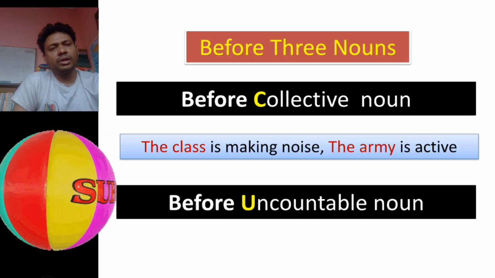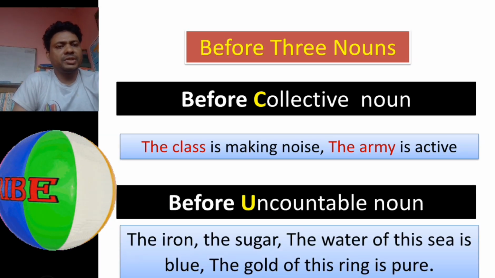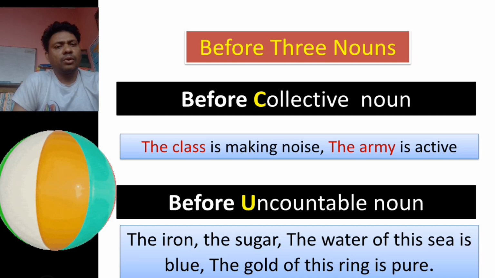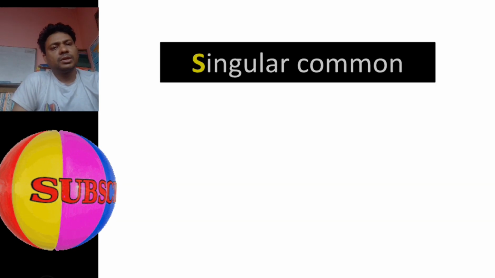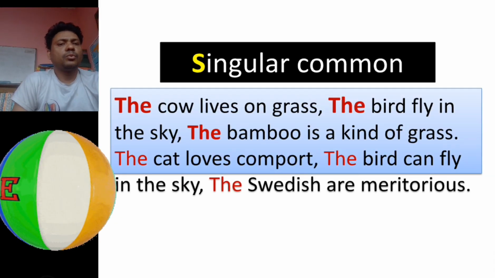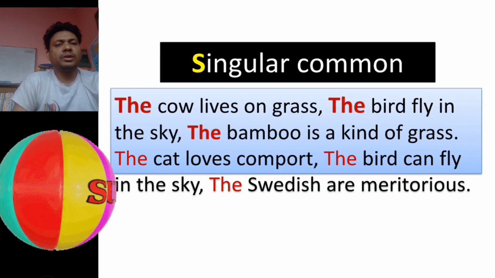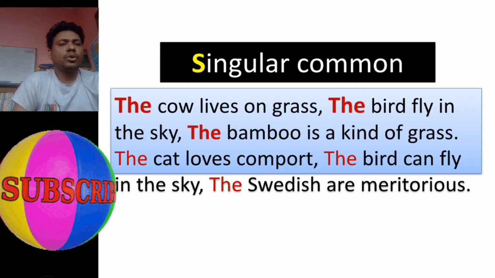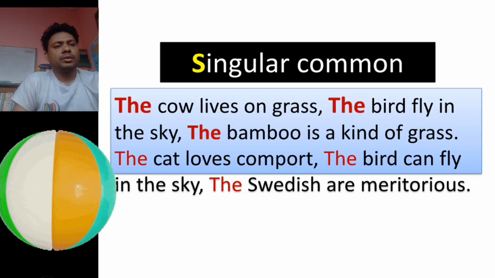Before uncountable noun, the iron, the sugar, the water of this sea is blue, the gold of this ring is pure. Singular common noun: the cow lives on the grass, the bird flies in the sky, the bamboo is a kind of grass, the cat loves comfort, the sandwiches are